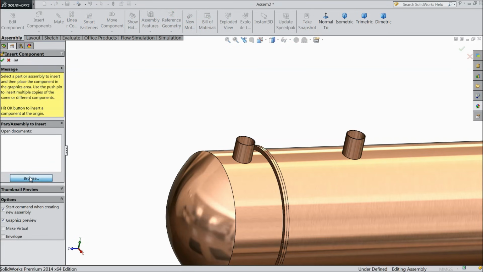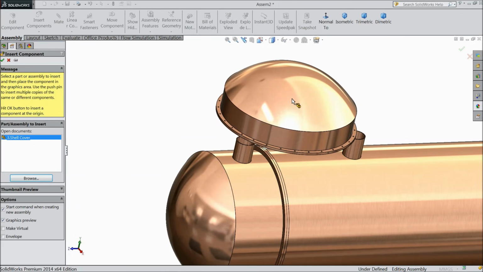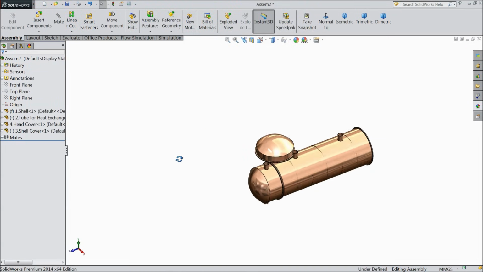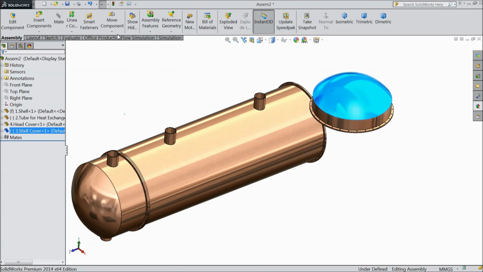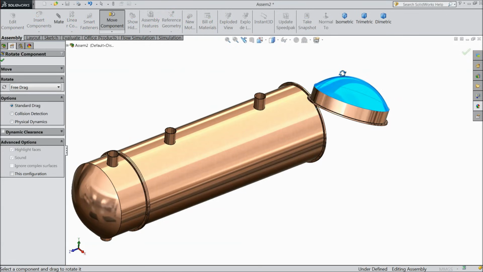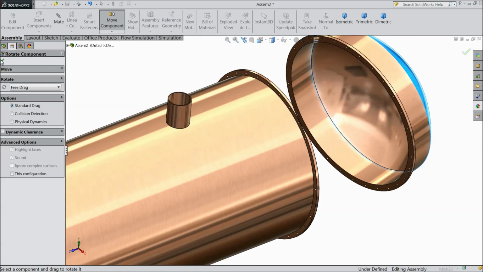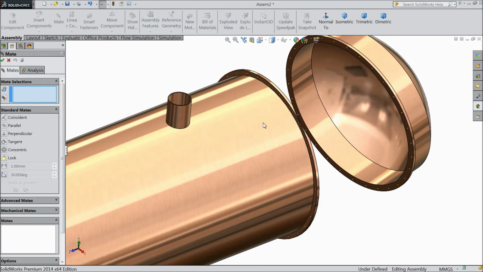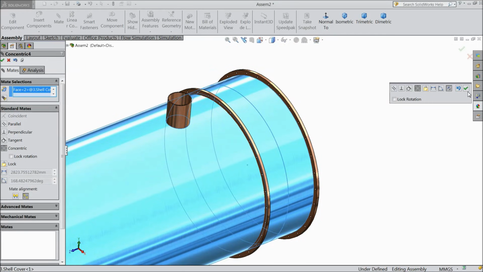Now insert our next component, shell cover. Now just rotate this cover, shell cover. Okay. Now choose mate, select outer face and this outer face, concentric.